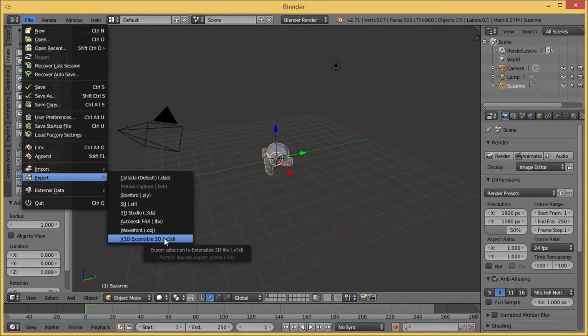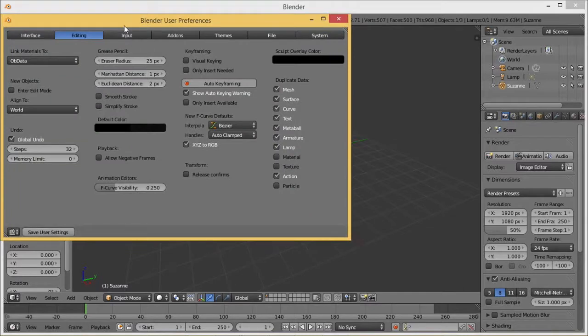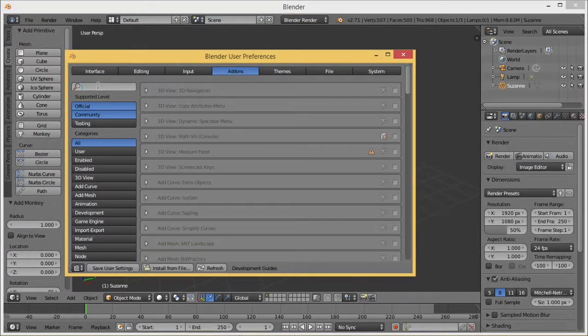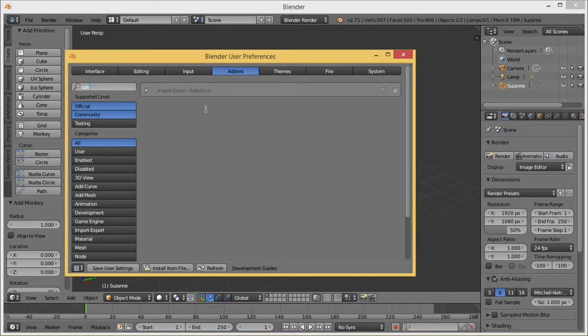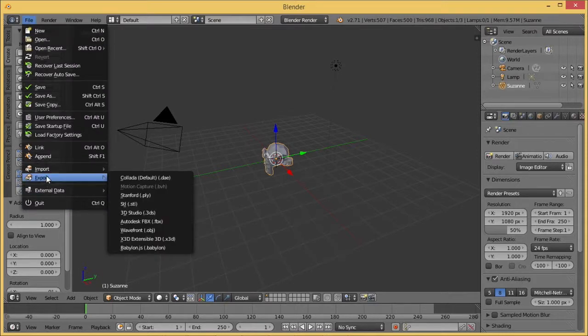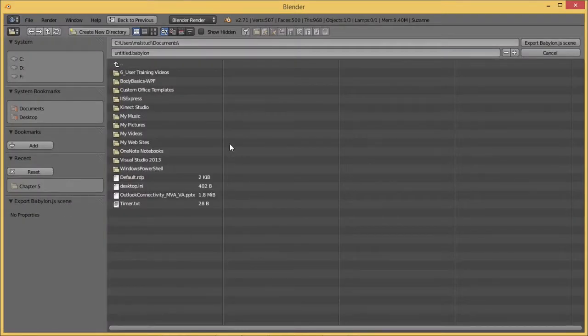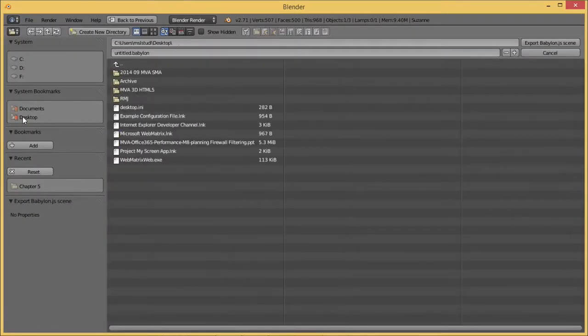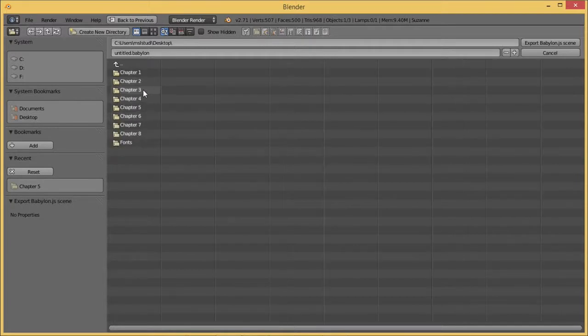So to have it, you've got to go in User Preferences, Add-ons, search for Babylon, and then enable the checkbox, go back, and now you will have access to BabylonJS, which is our JSON format, but it could be your own format. So it asks me where I want to save everything, so let's do it here in a very clean way. Chapter 1.babylon